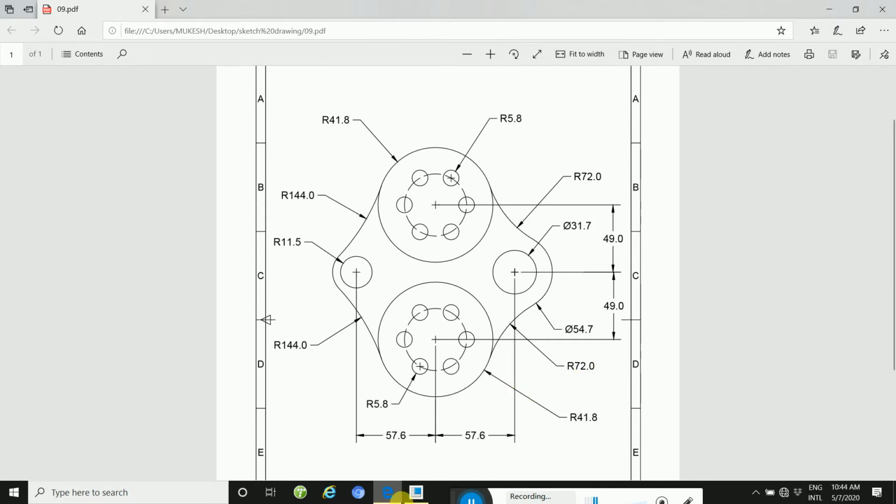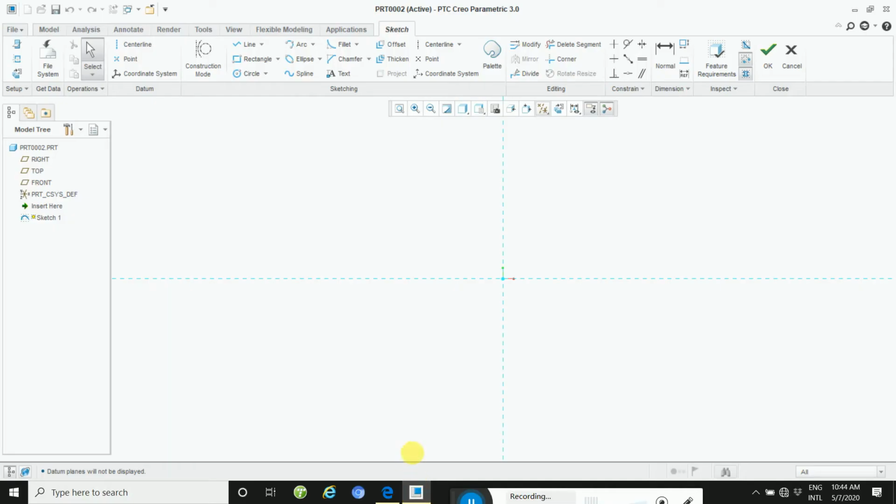So start. First, take a circle. Draw one circle and then another circle.